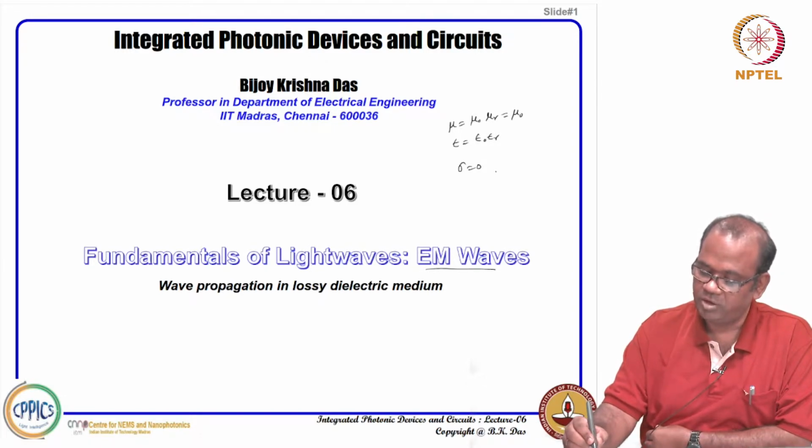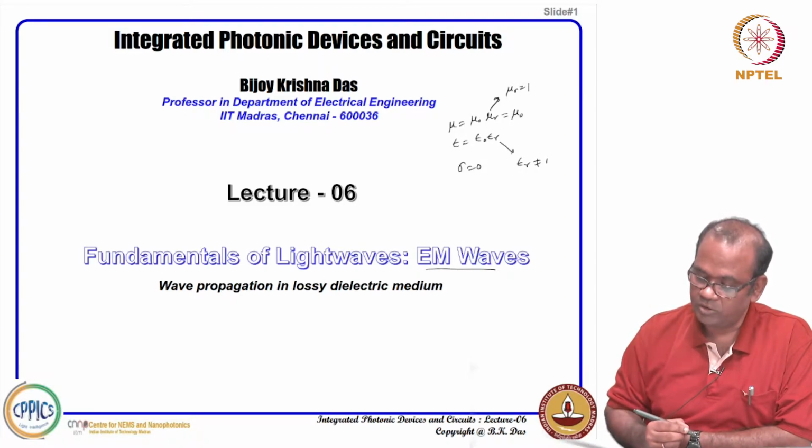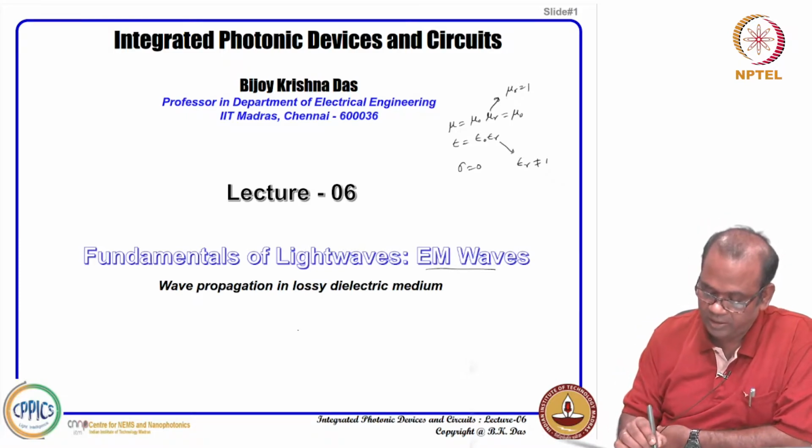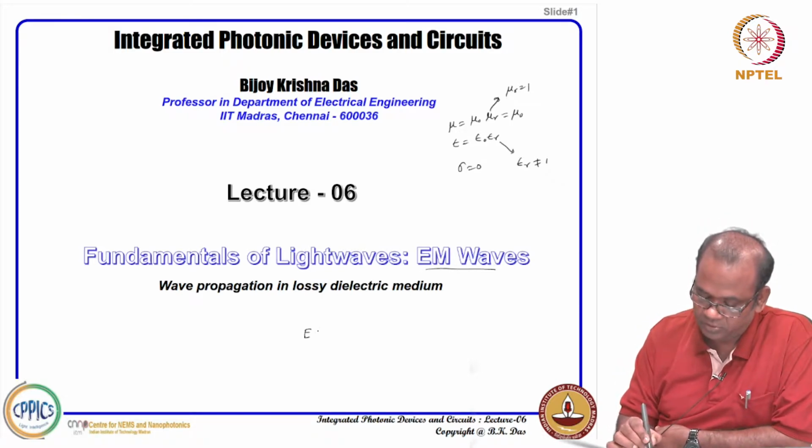a non-magnetic material where we consider mu r equal to 1 and epsilon r not equal to 1. So, in that case we have got a solution like, say, the electric field, if it is propagating in a certain direction, z, we can consider, then we can say that the electric field can be